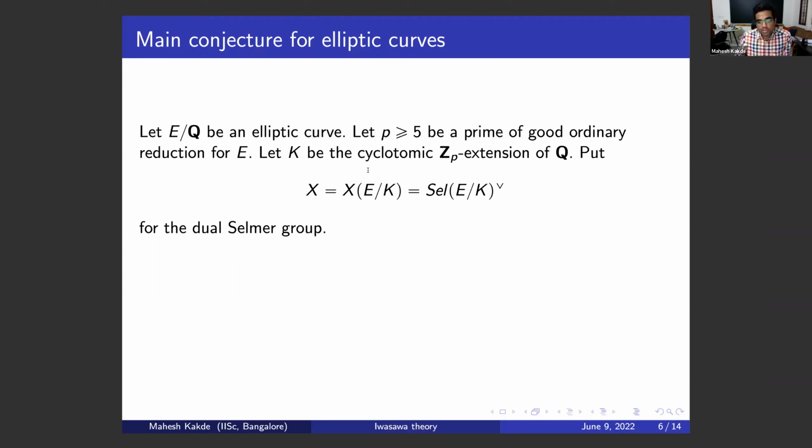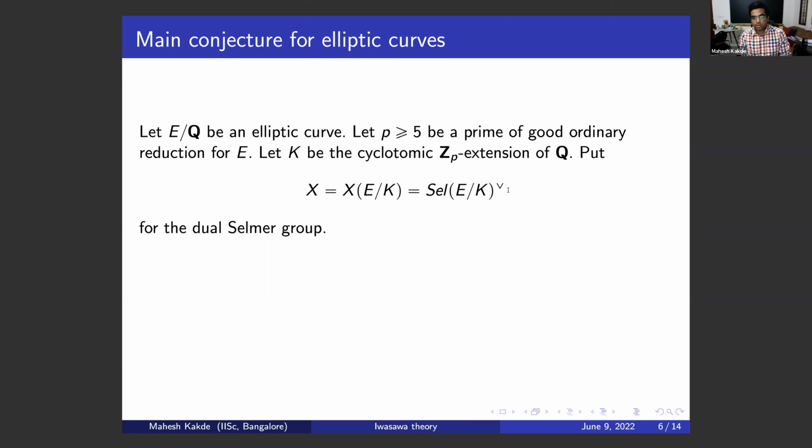Okay, so let K be the cyclotomic Z_p extension of Q. So again, I'm in the situation where the Galois group is isomorphic to Z_p, and X in this case will be the dual Selmer group. Okay, so this is the Selmer group over this infinite extension, and I take the Pontryagin dual of this. So this is the so-called dual Selmer group. Now, ideally I should write down all the attributions, but yeah, in this case, Mazur conjectured that